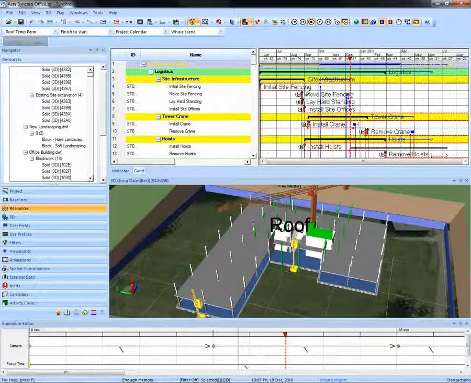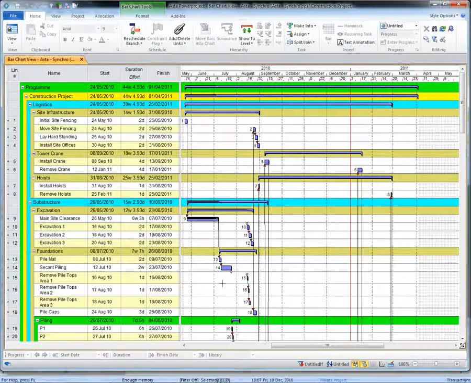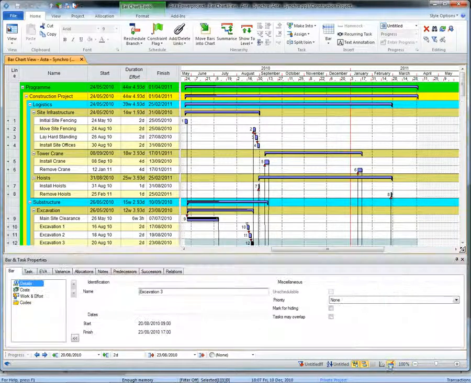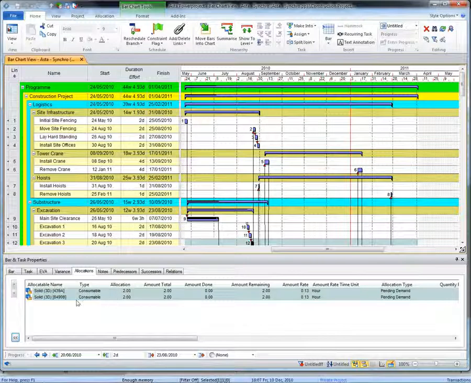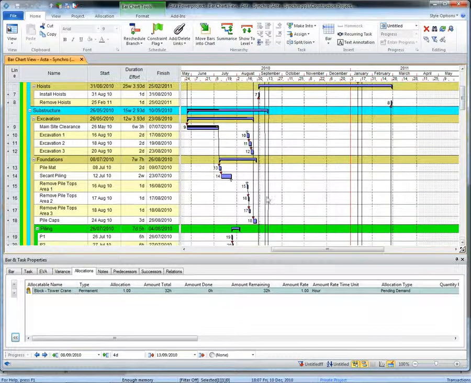So once all these items are linked to the plan, this can be exported back out to Power Project, and then the benefit of that is we are going to have all of our resources allocated to activities. So if we just look at this activity, for example, we can see that it has allocated a couple of these objects which have some cost and work rate, so we can use those items and we now have a